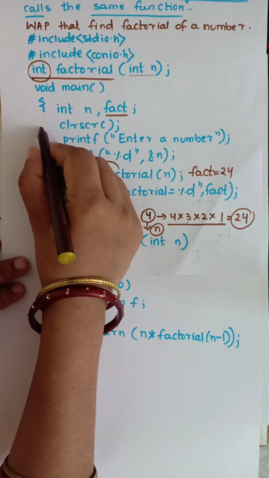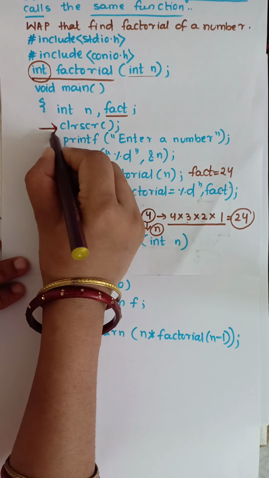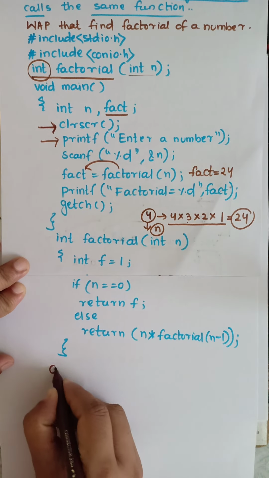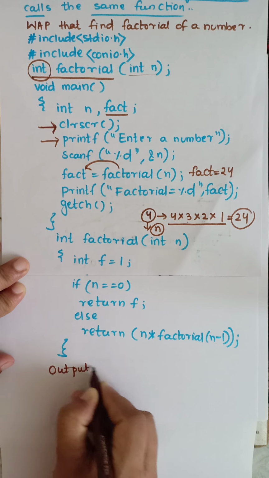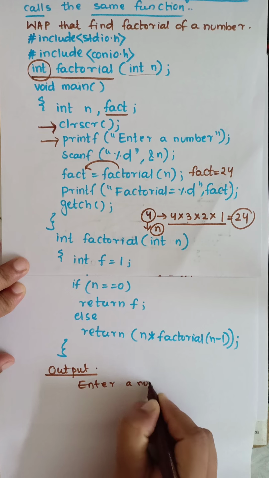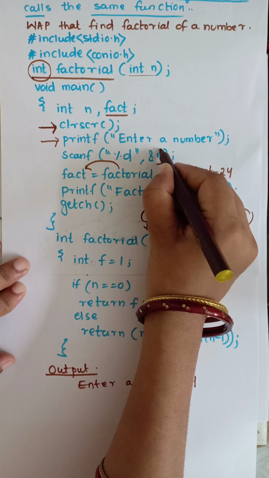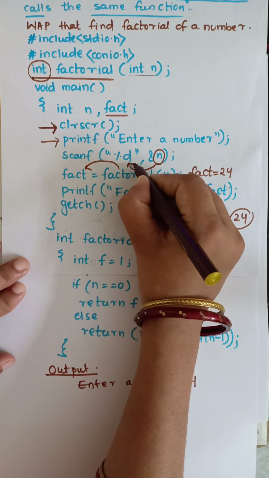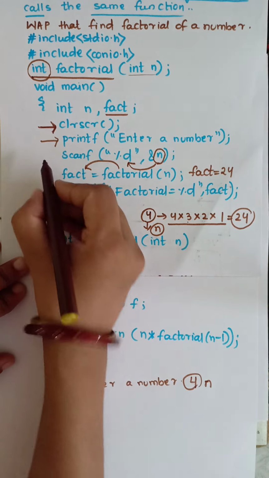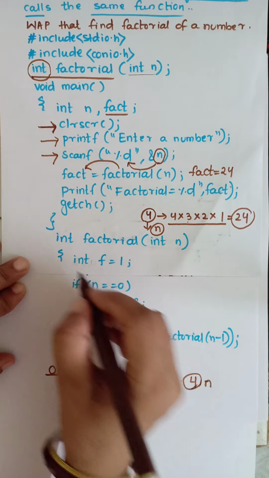Okay, so now clear the screen. The previous program execution output is now cleared here. Now the compiler comes to this line, enter a number. So in my output screen, what is displayed? Enter a number. Okay, and here I enter the number 4. So now the value of n is stored with %d. So n equals 4. So this is my n. Now I enter this line. Scanf takes this value as input inside the memory.